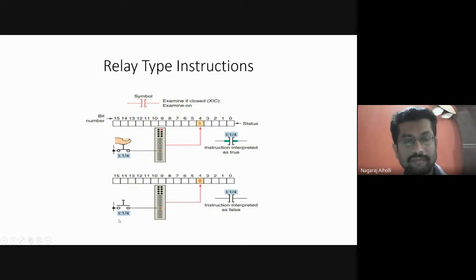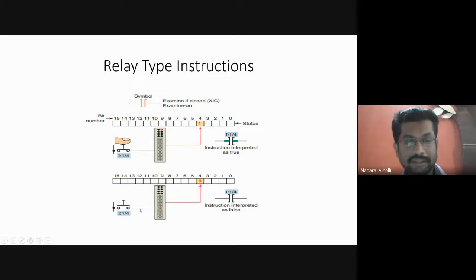Then similarly, if the switch is open, the same switch, I am releasing it. Initially I had pressed the switch, it was originally in the open position. Then after some time I am releasing the switch. What will be the change? Instead of storing 1 in the same bit position number 4, it will be storing a 0.